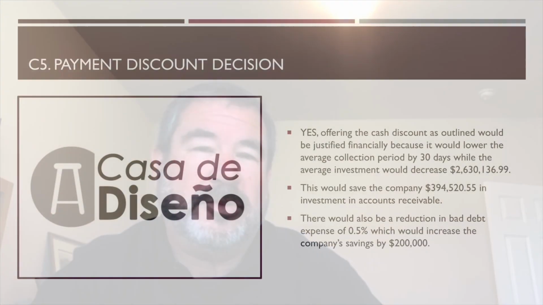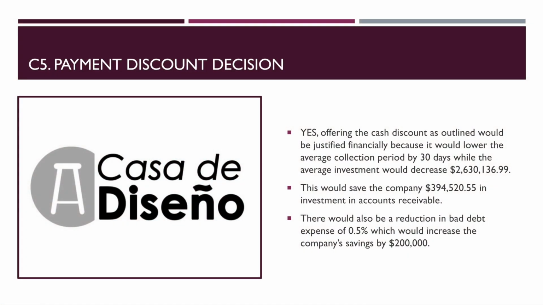So as we continue in the project, we're starting to gain some clarity for Teresa and advice for her financial management for the firm. First of all, we so far have really recognized that offering the cash discount as outlined would be justified financially because it would lower the average collection period by 30 days, while the average investment would decrease